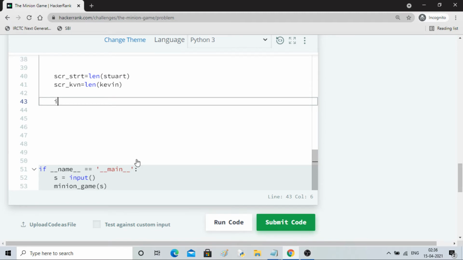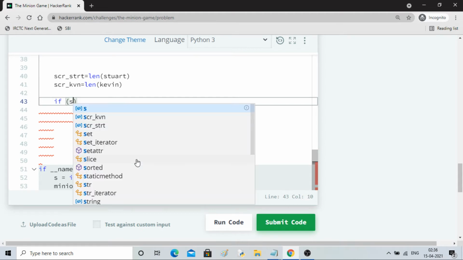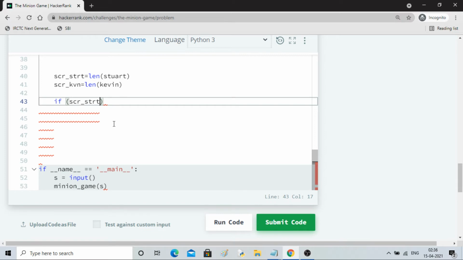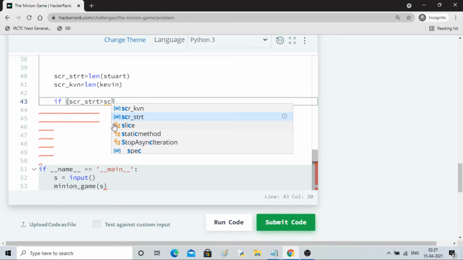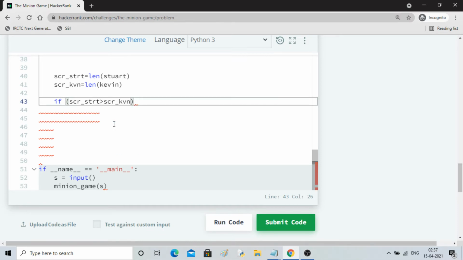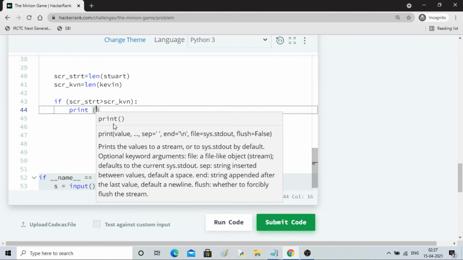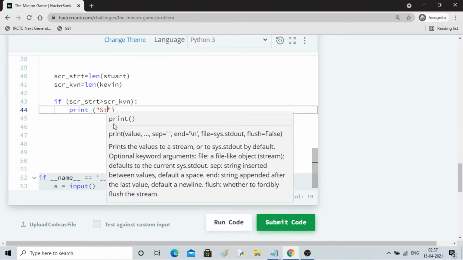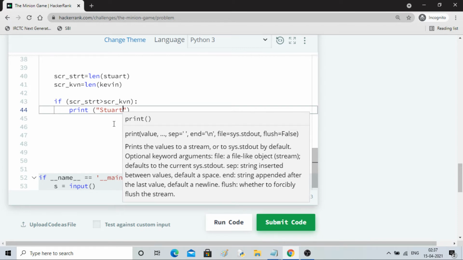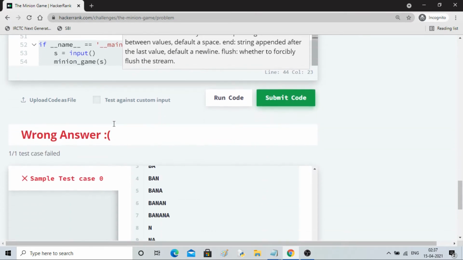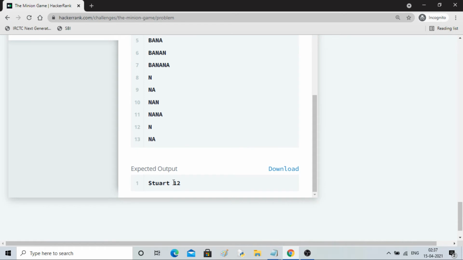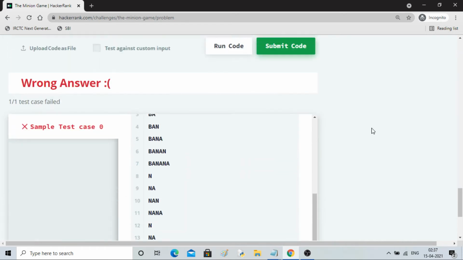So for that I'll use an if else condition. If the score of Stuart is greater than the score of Kevin, then what will it print? It will print Stuart, how it is given, so there is a space here and then the score is here, right?